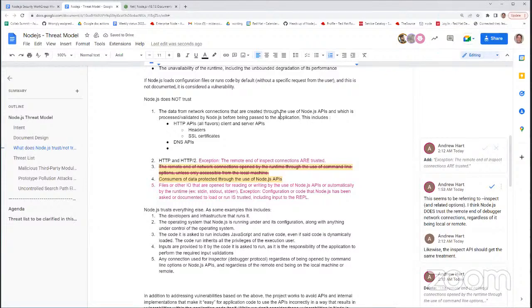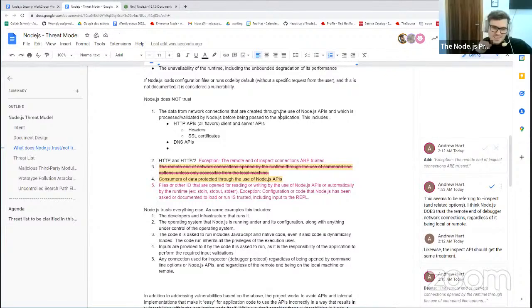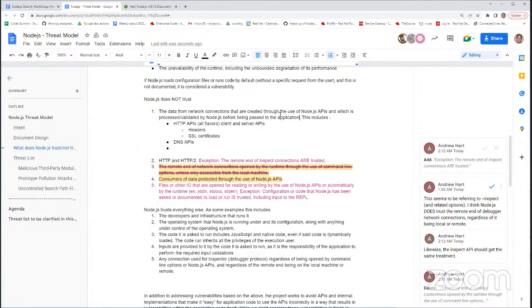Words are hard, because you could say anything is processing. We sucked it in, we transformed it, but the intent is something that we actually